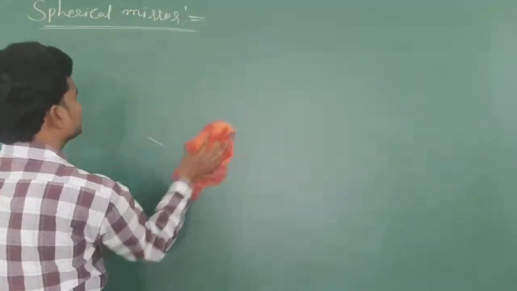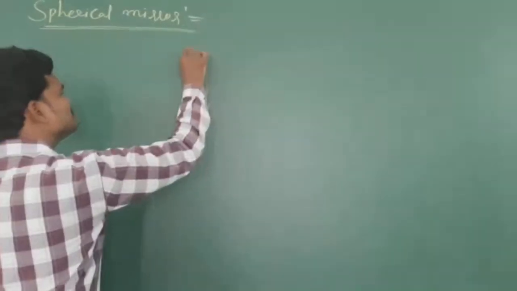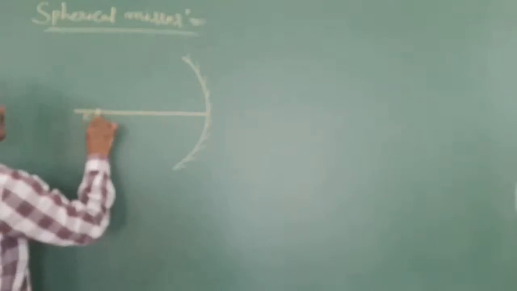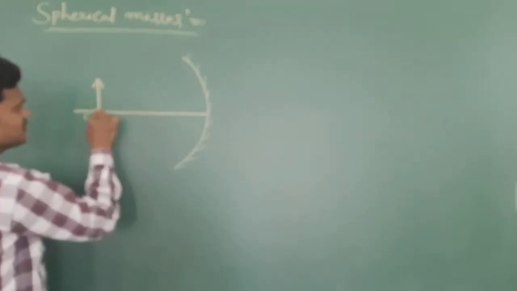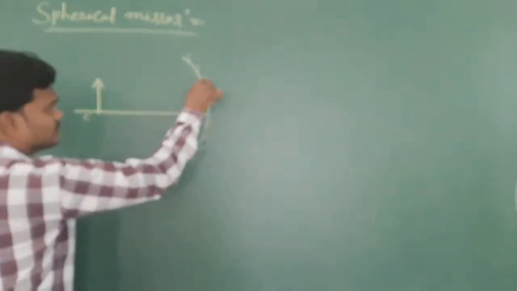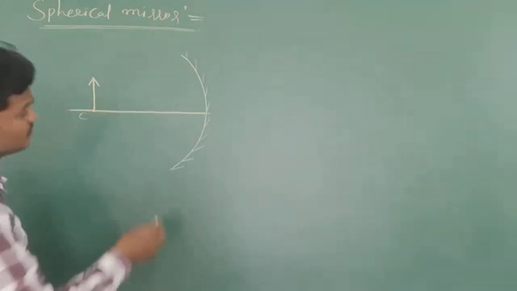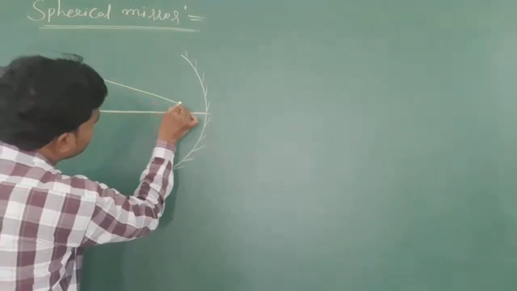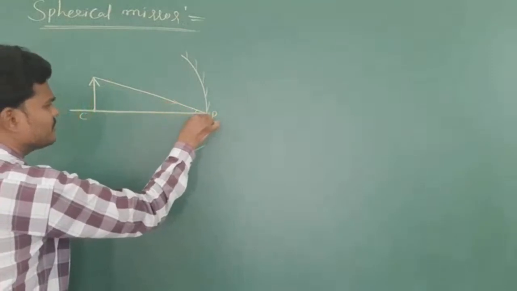Now let me place the object at the center of curvature for a concave mirror. So simple diagrams, you try to practice from any books. Now this is the C, center of curvature. Now I am placing an object here, at C. If I see one of the light rays parallel to the axis, it is undeviated. One more I want to draw, which strikes the pole. If it is incident with an angle theta, no doubt it will be reflected with the same angle.